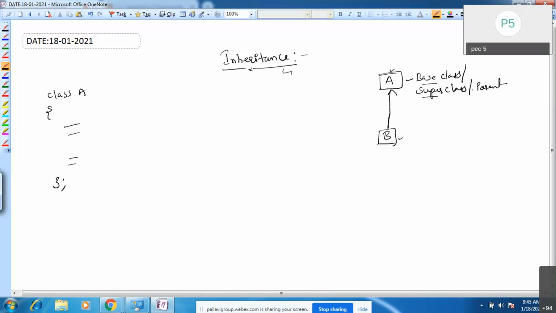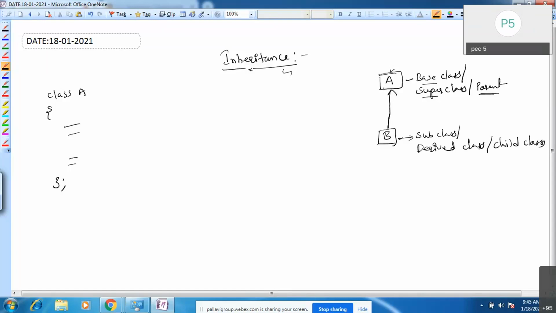All are the same, just other names. The class which gets the properties from another class, here B, is the subclass or derived class, or you can say child class.